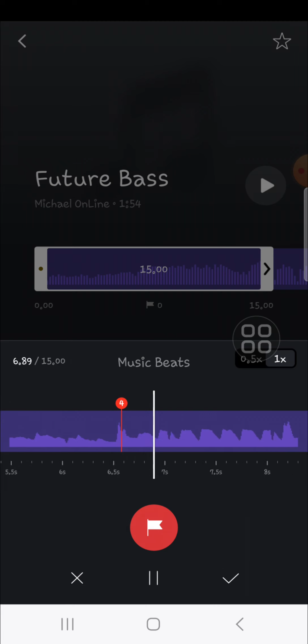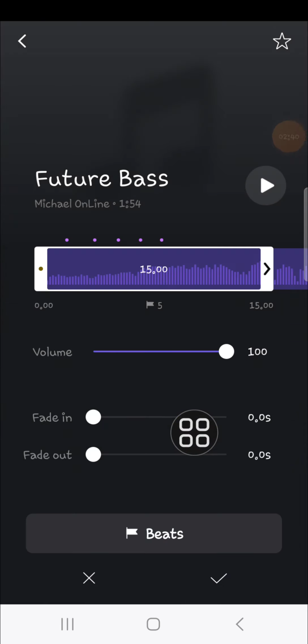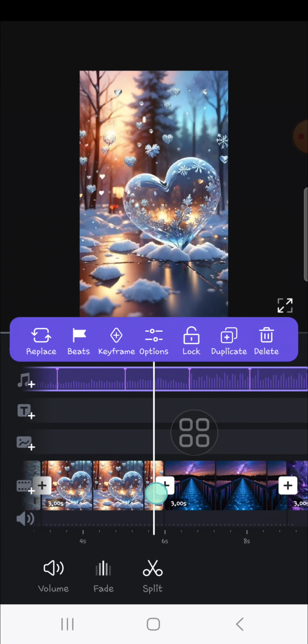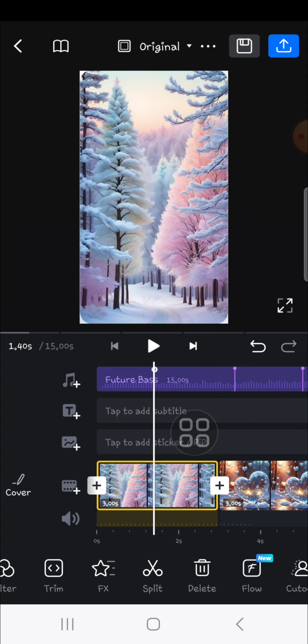like this. Okay, and I think that's enough. This is just for an example, and then I'm going to click on the check mark. Click on the check mark again, and this is the audio beat, and we can match cut according to the